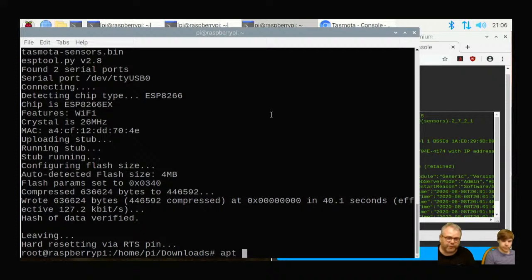Yeah. So what we're now going to do is create a client for the broker that retrieves the data that is collected from the MQTT server. Which is called Node-RED, which is a flow designer. Yeah. So we can install that with apt install